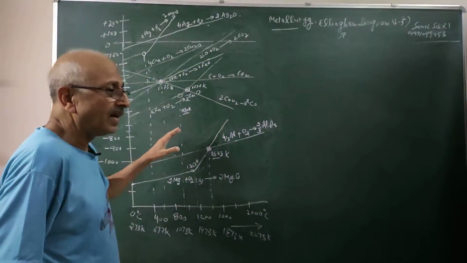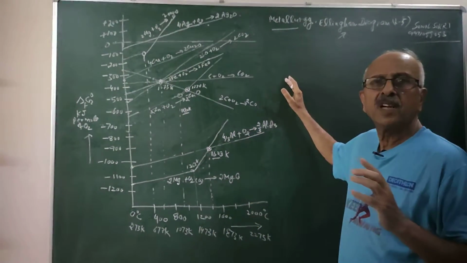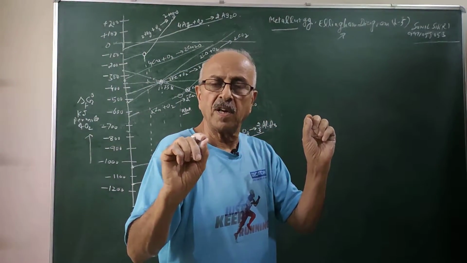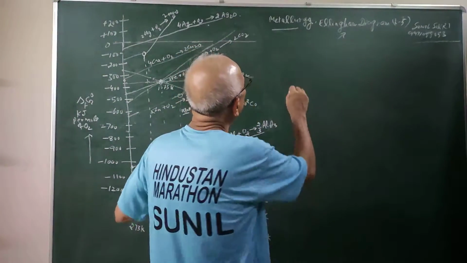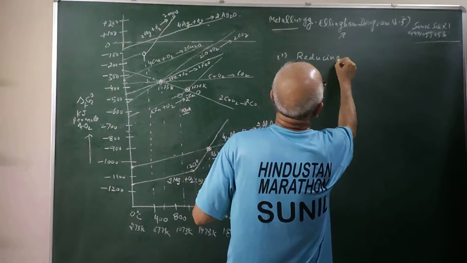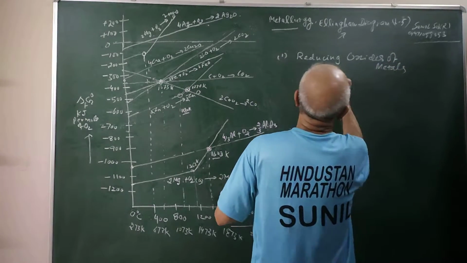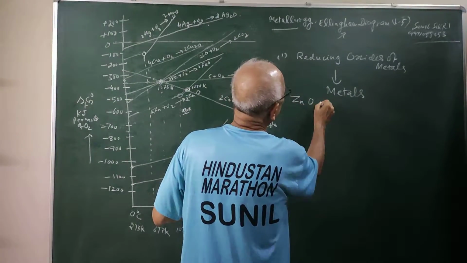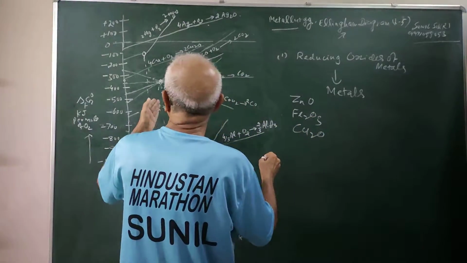Students, in the first part of the Ellingham diagram, I have told you that we are using the thermodynamic property of Gibbs free energy in order to reduce the oxides of the metals. What we are trying to do is reduce oxides of the metals to metals. What oxides? For example, zinc oxide, Fe2O3, Cu2O, and here you can see